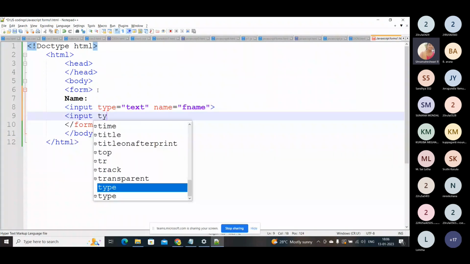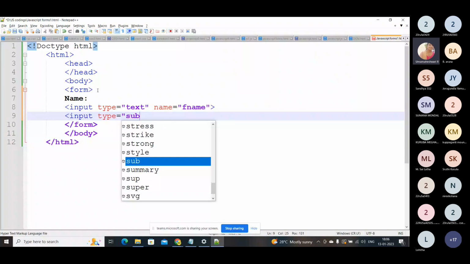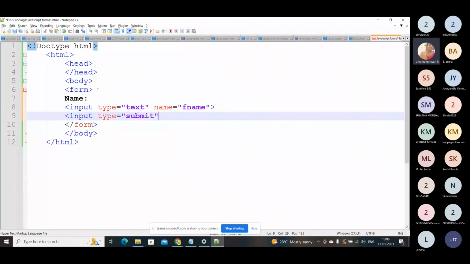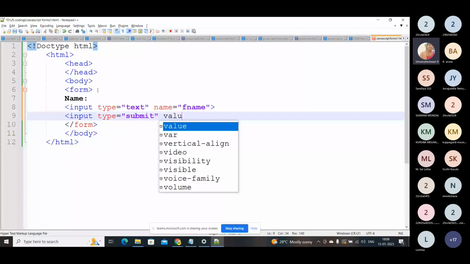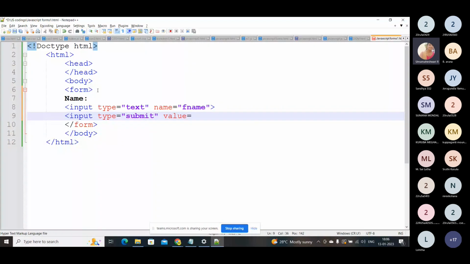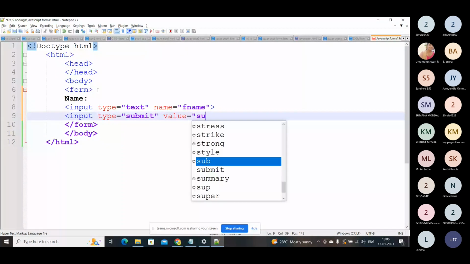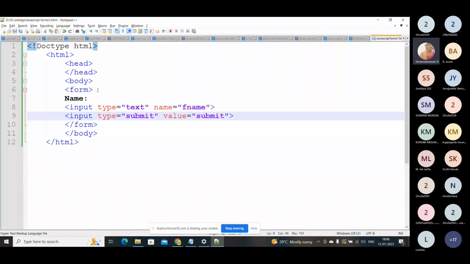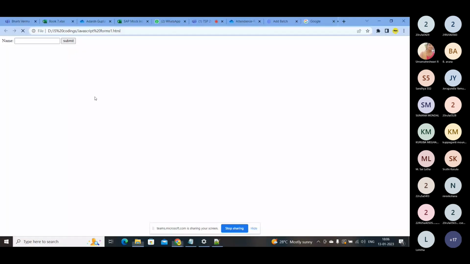So input type equals submit. So we already know this in HTML itself, right? So here I'm giving it a value, submit. So this is how it will be. Okay, so we'll check the output. So we got one name input field and a submit button. So what you will do is,